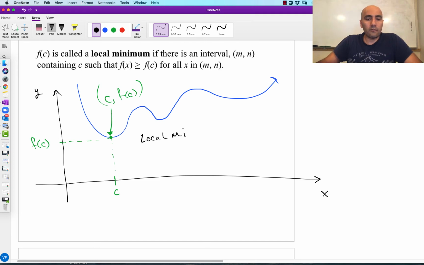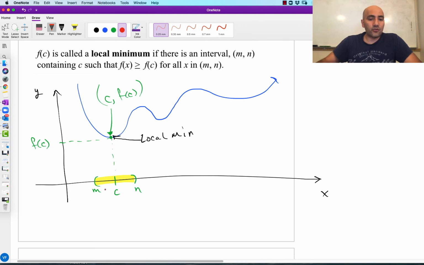Local min, right there. That value right there. Okay, and then as far as the interval, we're saying that there exists an interval. So let's say it goes from there, M, to here, N. And in this interval, let me highlight it there, from M to N, we're saying no matter what other